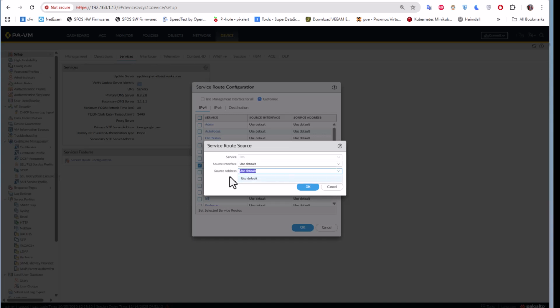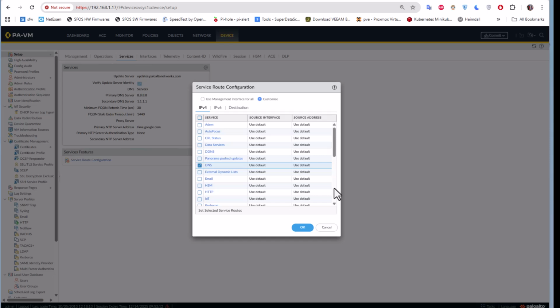Okay, it can use the default, which is the management IP address of the interface, or you can choose a source other than the management interface. So you have to keep that in your mind because it's very important. We will actually see that when we're gonna configure, for example, policies or other things here. Okay,